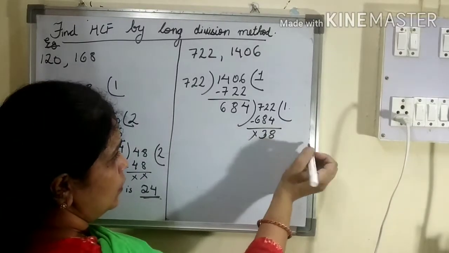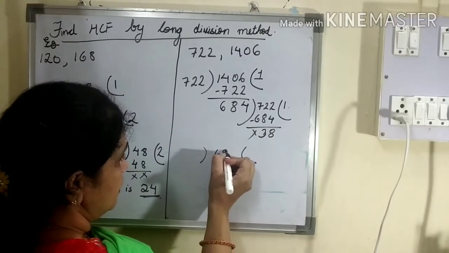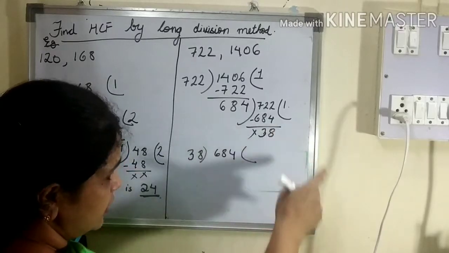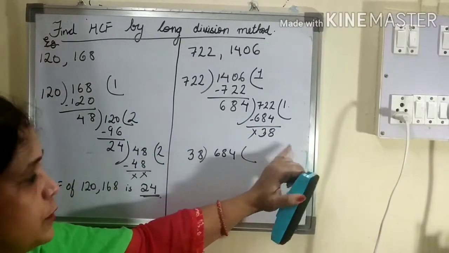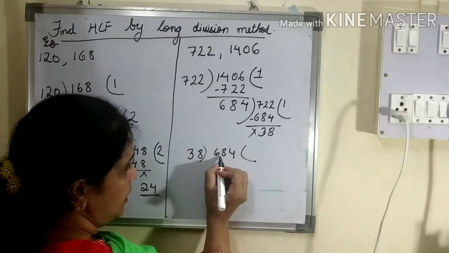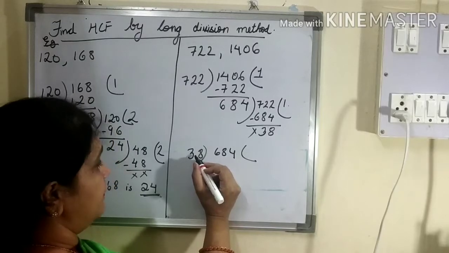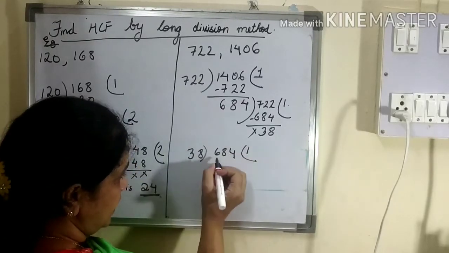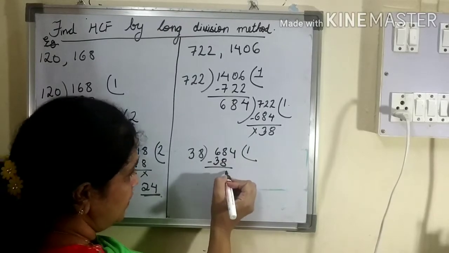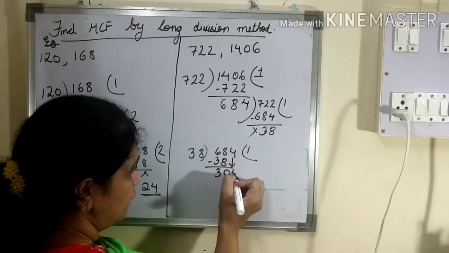You can continue here; since I am not having space here, I am continuing here. Okay, 684 divided by 38. You can continue in this way only. Since I am not left with space here, I am doing here. Now, since this is a 2-digit number and this is a 3-digit number, and the first 2 digits are greater than the divisor, it will go by 38 ones are 38 only. Okay, 8 minus 8, 0, 6 minus 3, 3. Now I will bring down this.